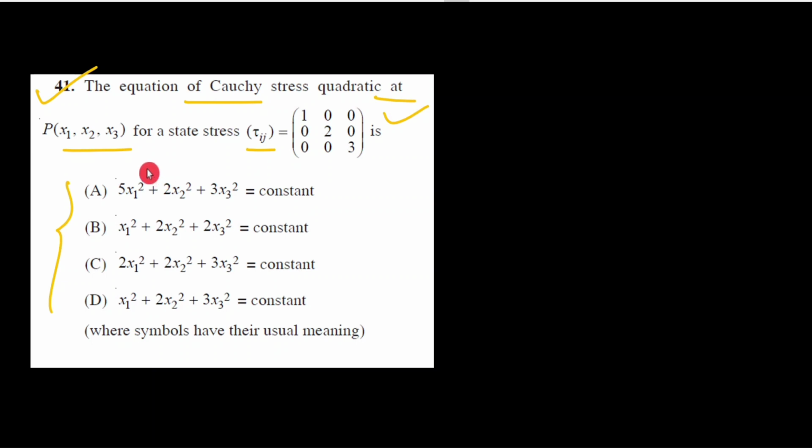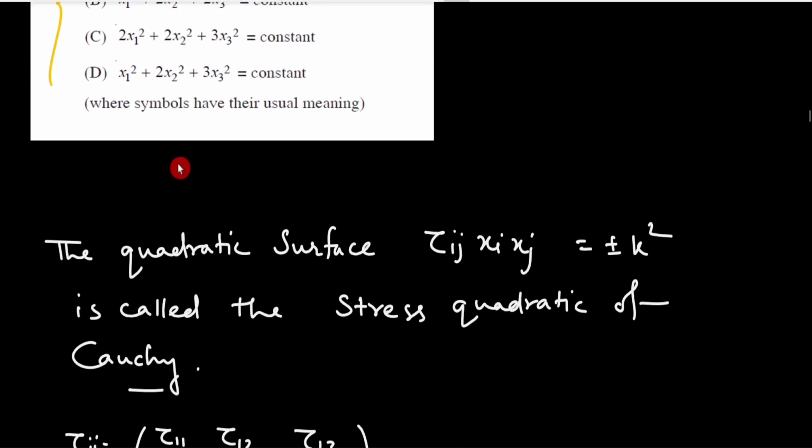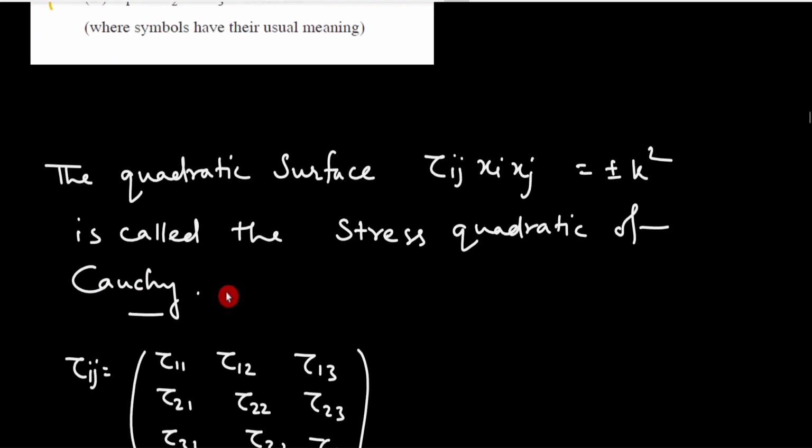So now start the solution of this question. To solve this question, we need to know the stress quadratic of Cauchy. It is the quadratic surface tau ij xi xj equal to plus minus k square, called the stress quadratic of Cauchy,